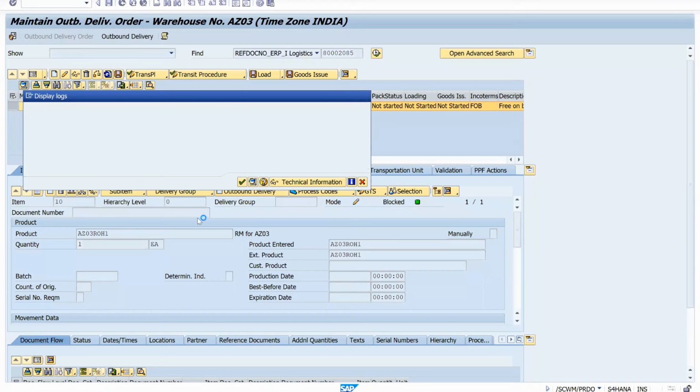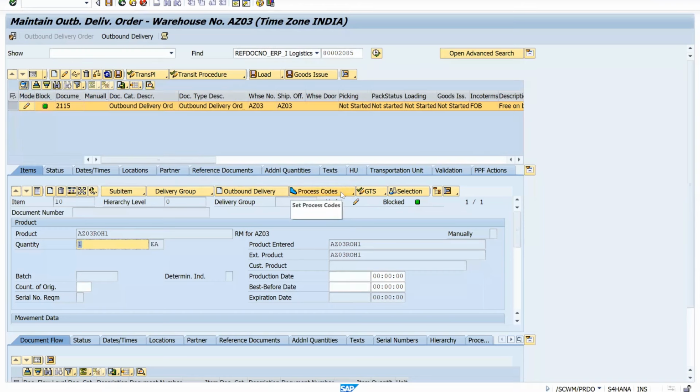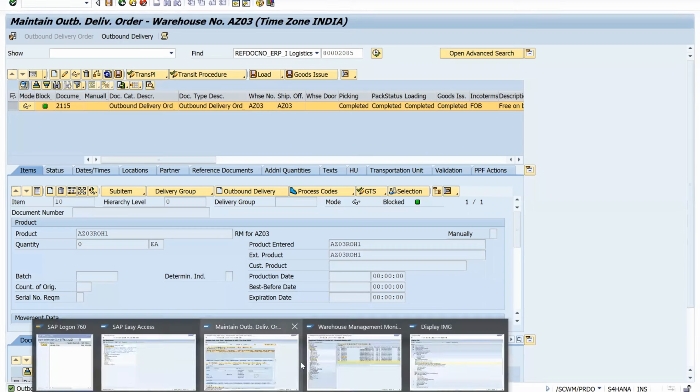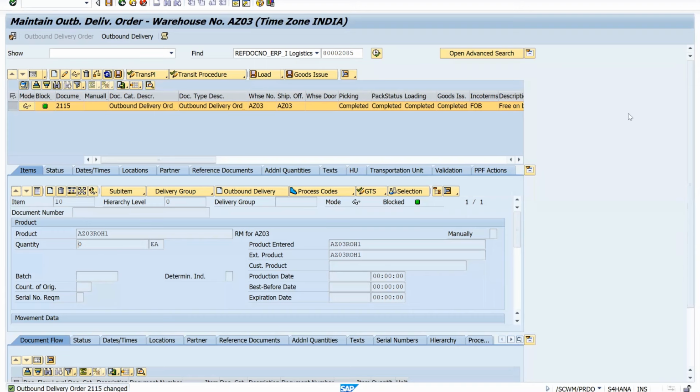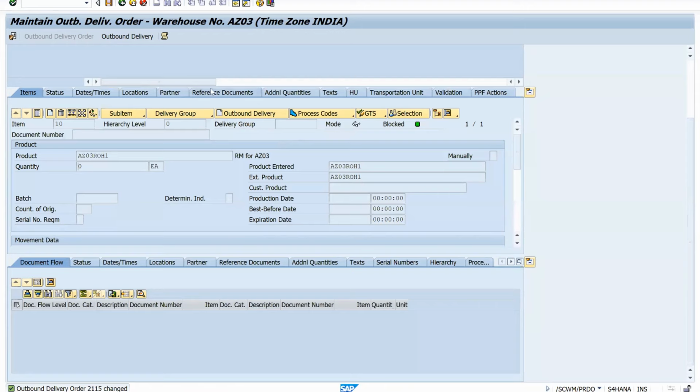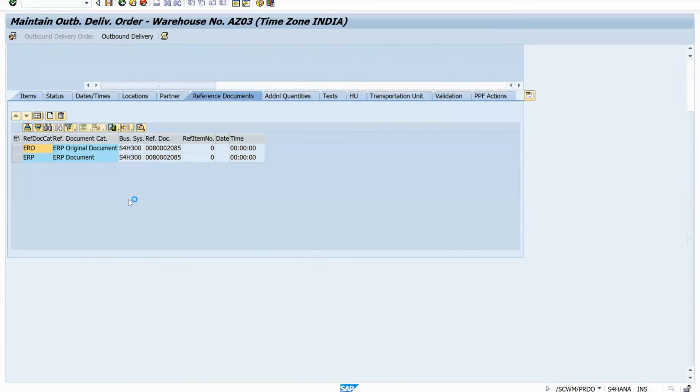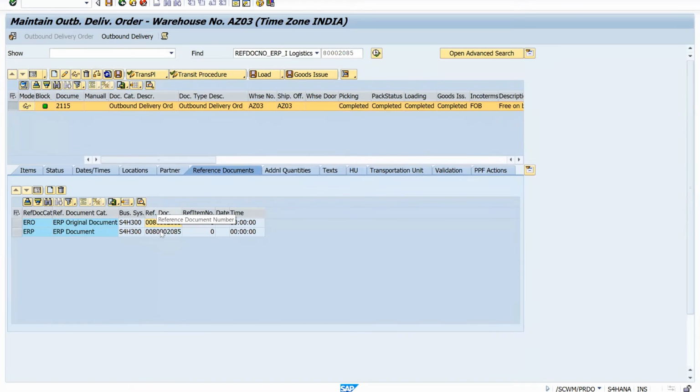You can communicate by using your outbound deliveries. So let's say what I'm doing, I will reduce the quantity to zero. Save it. Until now, the system has not communicated to ECC yet. Still the quantity will be the same. We have 5 eaches yet. So let us see which is the delivery. Yeah, so this is the delivery. Now I want to communicate to S/4HANA. So for that, I'm proceeding by creating an